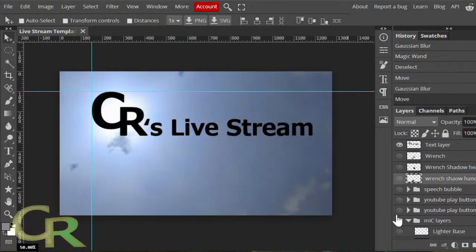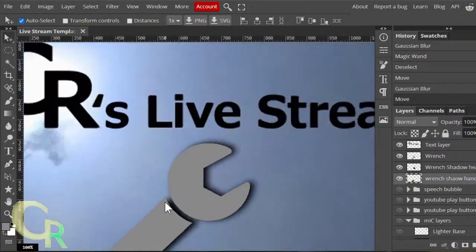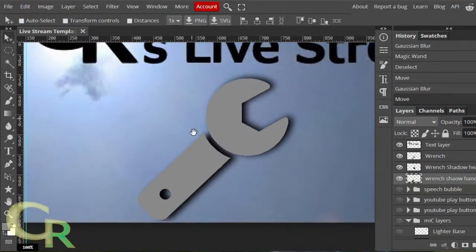Let me just hide all these so I can continue to finish this wrench off real quick here. I want to add something else in there. See if I can actually see the wrench. I'm just making some live stream elements, things I can use for the live stream thumbnails later on, whatever it is, during carnage mode or just an open live stream, except for the speech bubble. If I want to put my face in there and say, oh, OMG, like I said earlier, and stuff like that, I was just like, yeah, let's take the time to do it right now.